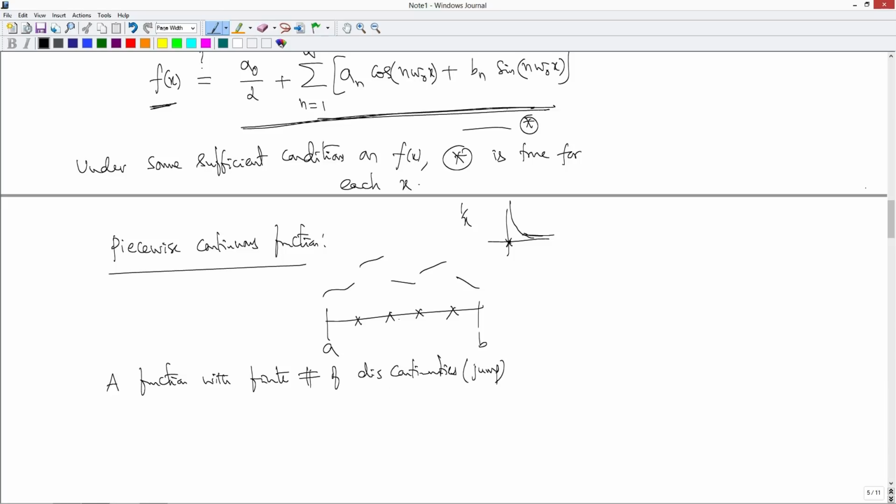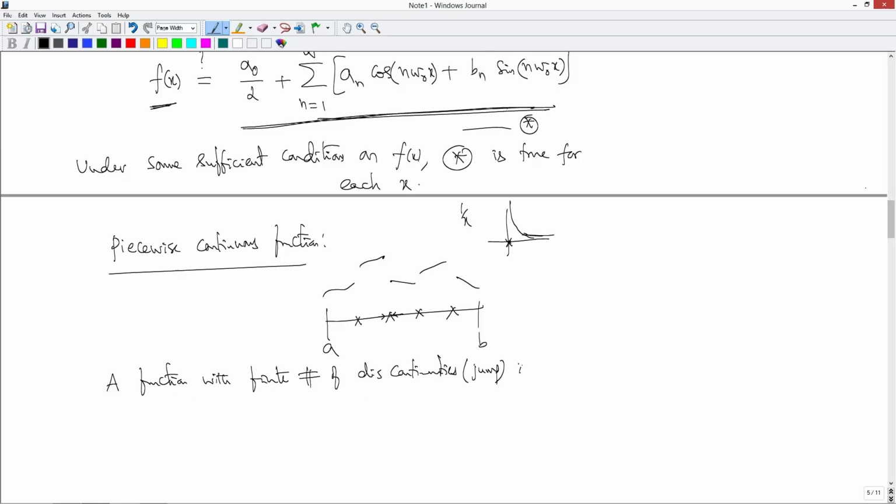That means wherever it is discontinuous, at those values both the left hand side and the right hand side limits of the function are finite values, and the function is defined. Here this side limit of f of x is this value, and this side limit is the value here. So, they are finite values. Okay. So, you have a finite number of discontinuities,